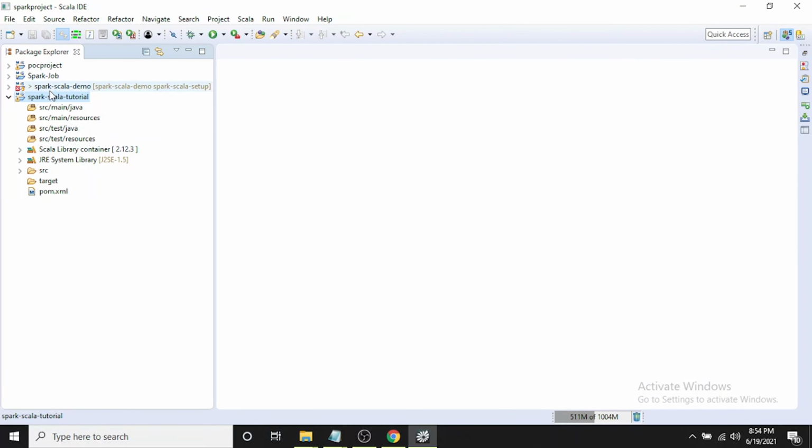By default it creates a Java project, so it creates a Java folder within main and within test. We will write our code in main, and our unit testing in test. For Scala we need to create the same folders.